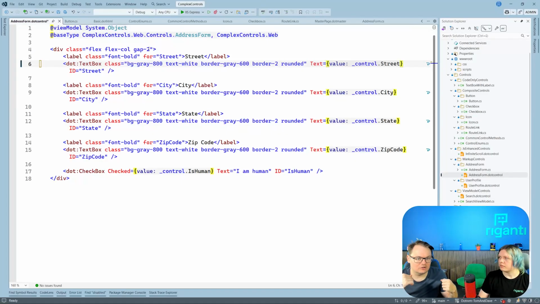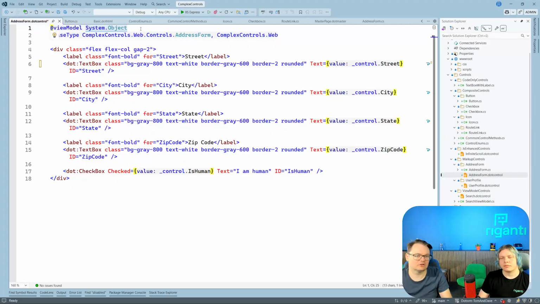Or sometimes you need to pass more than the view model to the control. For example, if there would be country selection, the list of countries can be passed as a control property, because the control would not modify it. It would just need to access it somehow, but it doesn't need to do anything like that. It's just a pass-through thing. This is a little bit problematic because when you change it, sometimes there are situations where this would not be written in the underlying view model. In the first version of DotVVM, this was fine. Right now,